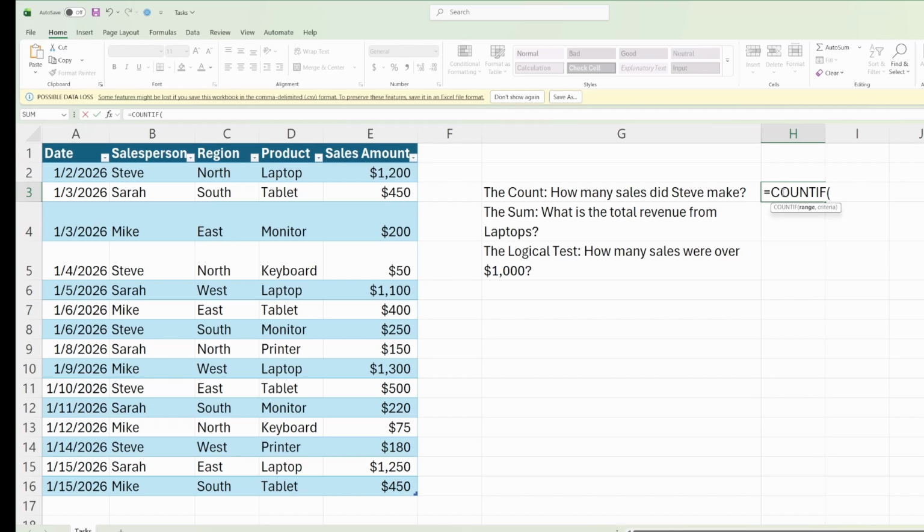The first one is we're looking for the individual, which is Steve, so we're going to go ahead and select B for our column, and then go ahead and type what you're looking for. So in our case, Steve, and then go ahead, close off your parentheses and hit enter. So we see that Steve made 5 sales, and 1, 2, 3, 4, 5, and we know that it's counting